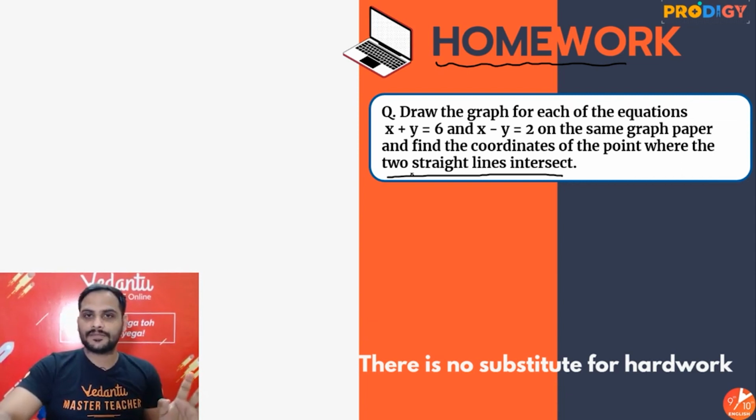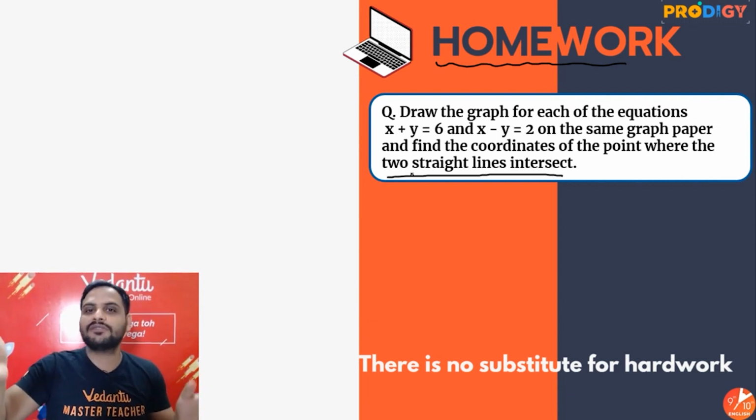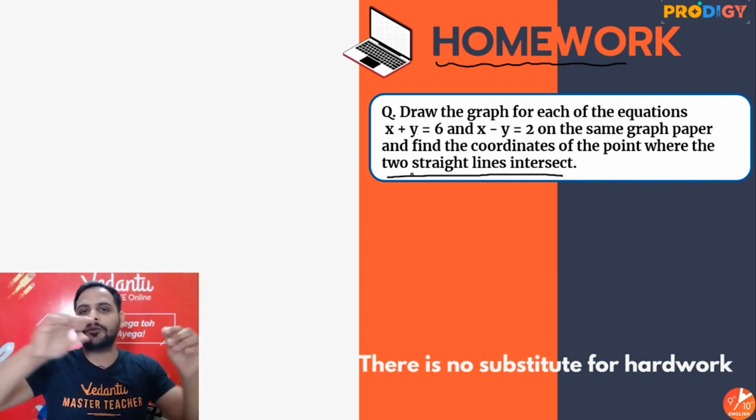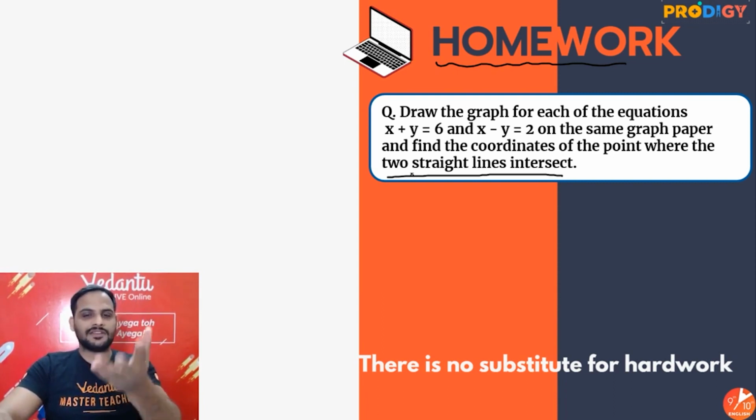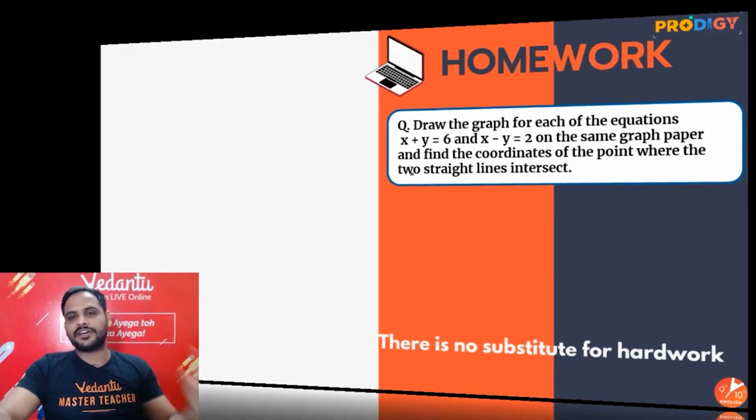That's your homework. Okay guys, and do all of you know where you will give me the answer? You'll give me the answer in the comment section. Alright guys, so remember, no substitute for hard work. Have to do the hard work. And if this question comes in your examination, you just make sure you have secured 5 marks.